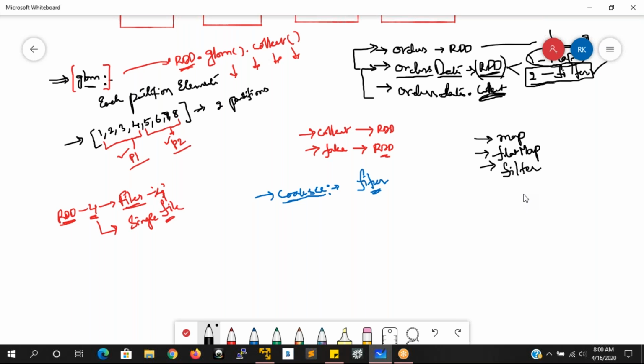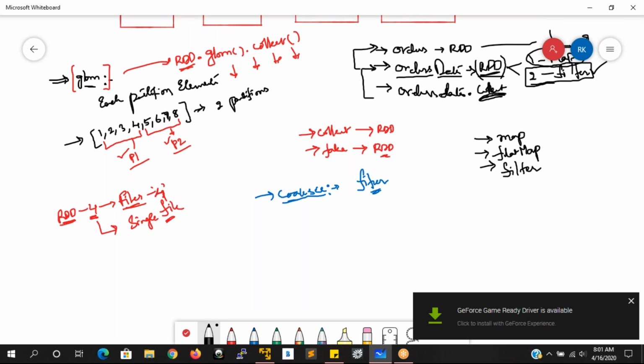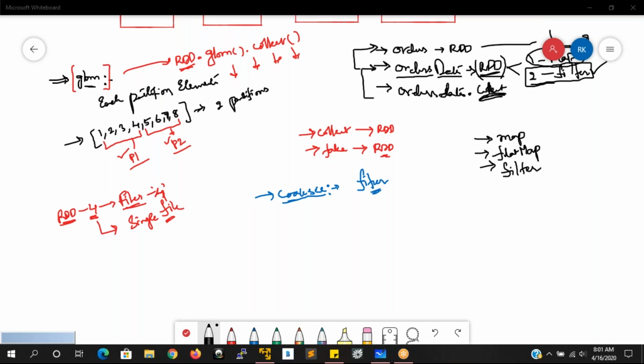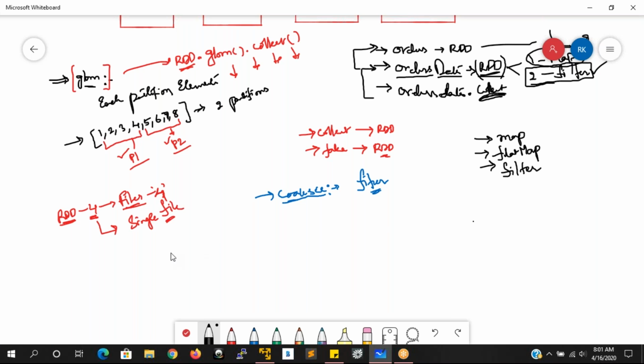For example, we have two or three partitions. If the filter fails to fit the data into the three partitions, why is it not going to fit into three partitions?